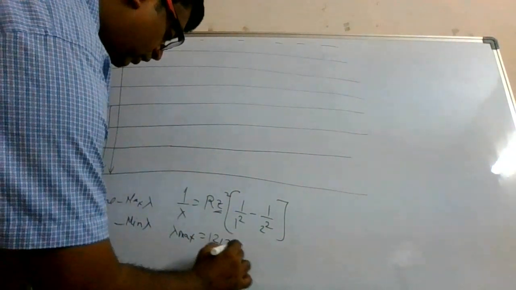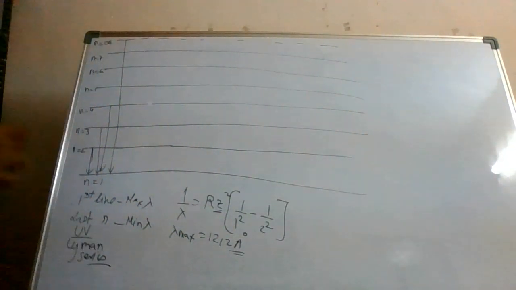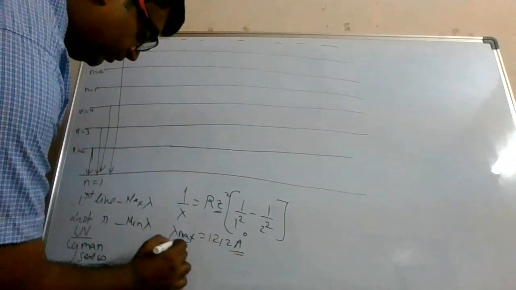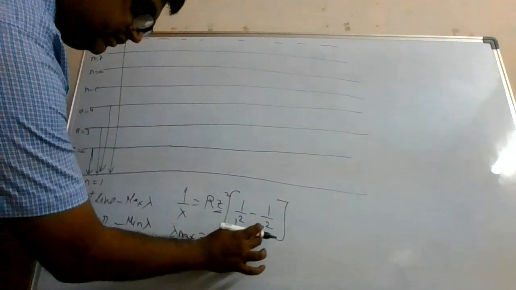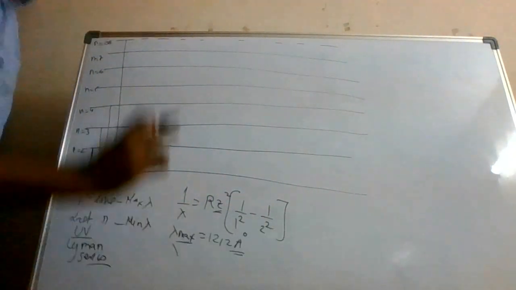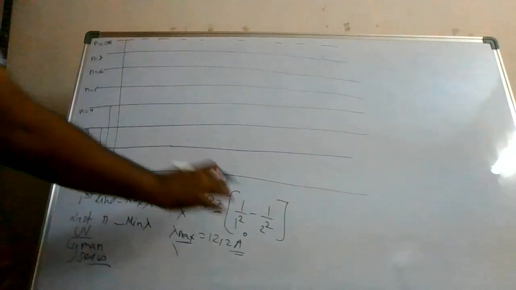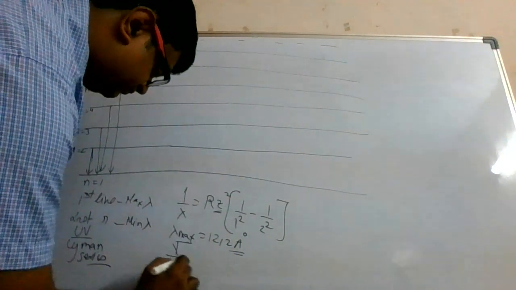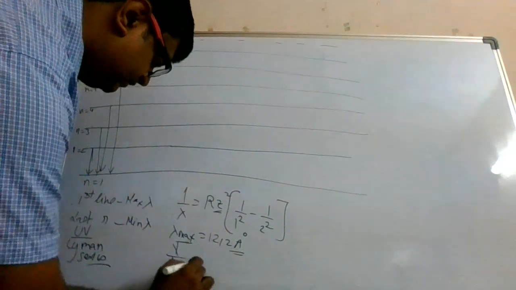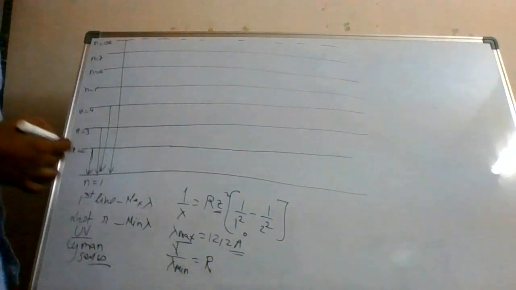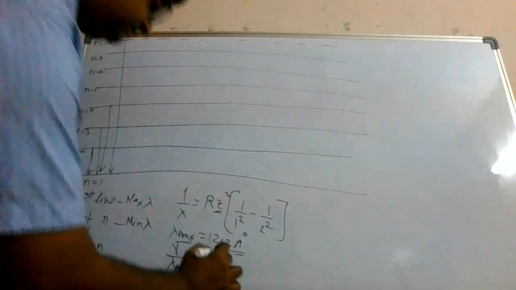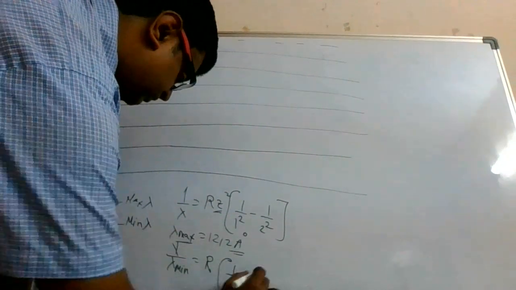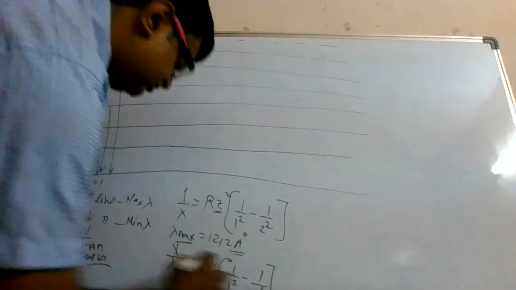Here we will be talking in terms of angstrom. An angstrom is 1 into 10 to the power minus 10 meters. So this is corresponding to the maximum wavelength. It is the first line. For the last line, this n2 value will become infinity. So for the last line, what will you get? You get lambda minimum is equal to R, and I am talking about hydrogen, so this Z value will become 1. So this is 1 upon 1 square, 1 divided by infinity square.